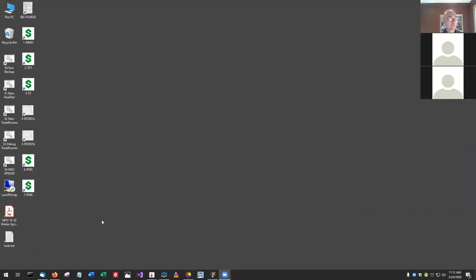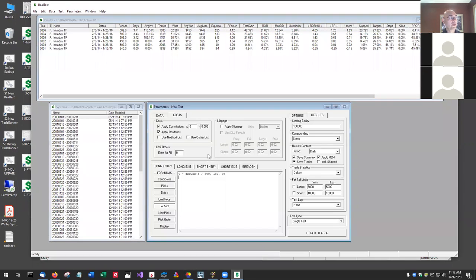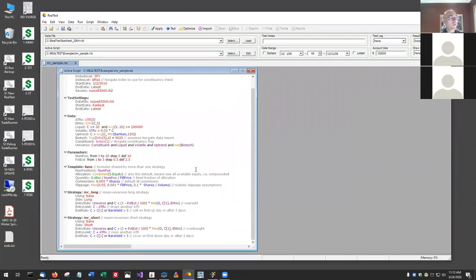So I worked pretty hard on that for a solid year, and came up with a much better version, which is what's now called RealTest. Rather than these dialog box form things, it still has the basic elements of a strategy, like the definition of a candidate, the definition of a daily pick, your limit price, and so on. But they're in